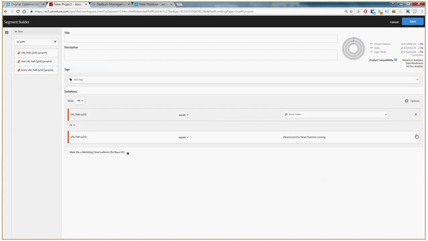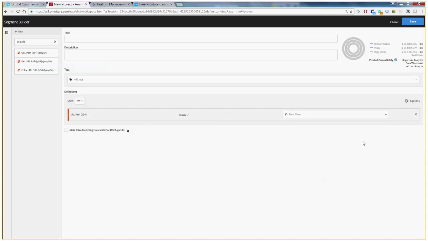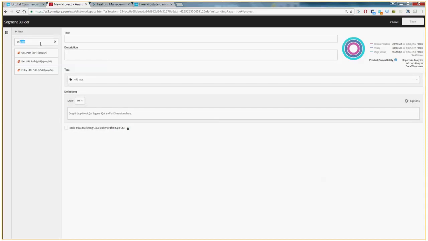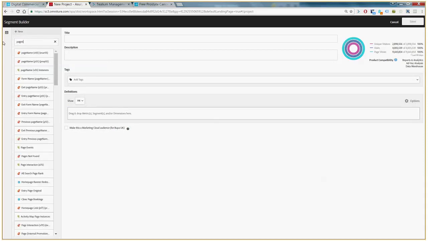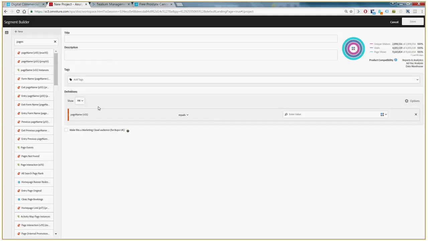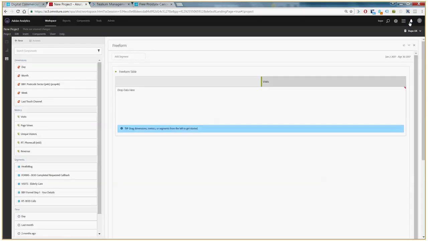So let's have a look at how that would look. If I was to change out this segment, going back to the one that I started creating before, and change this over to page name. And then it says contains health blog, not health blog, how I pronounce it. That's the right one. Cool. So if I hit save on that,